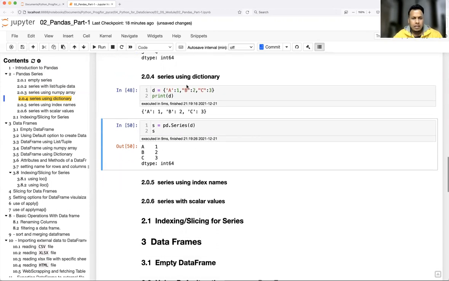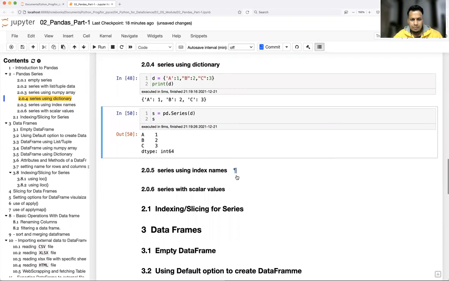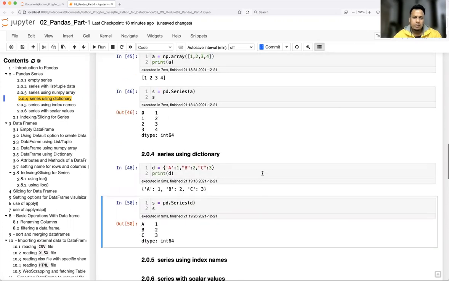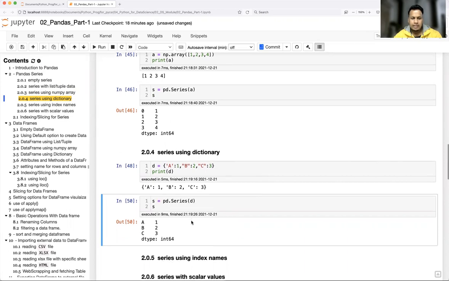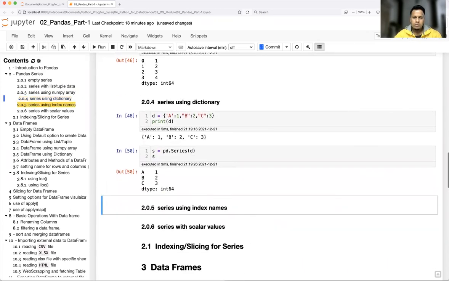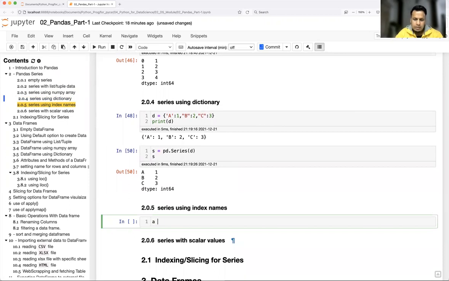So this is what you can do by default. Now let's see how to create a series using index names. By default we saw that if you are not going to give an index name, it will be 0 to length minus 1. If it is a dictionary, all the keys will be used as the index names. Now what if the user wants to give their own index? So let's say I have one list equal to 1, 2, 3, 4.